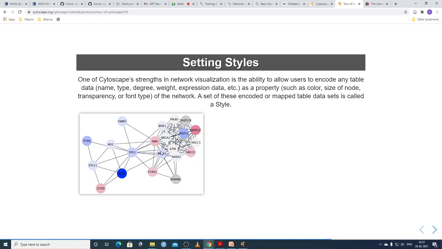What we mean by selecting different styles is that this is a network and we can select different colors. Whenever we select something, it should have some meaning. For example, we can select a gradient from blue to red. With such a gradient, red nodes mean the expression level is very high, and blue means the expression level is low.